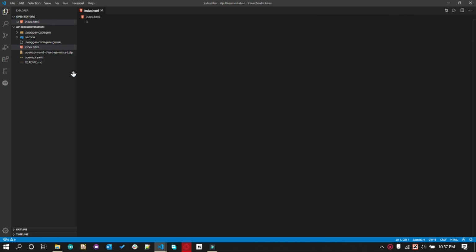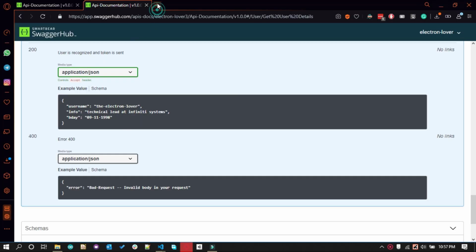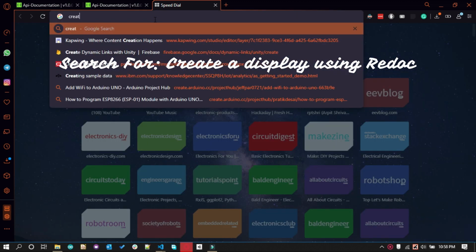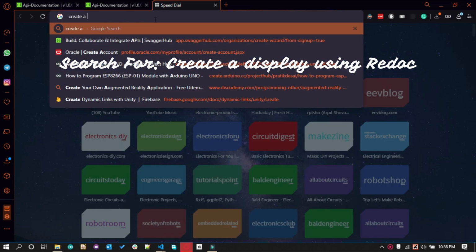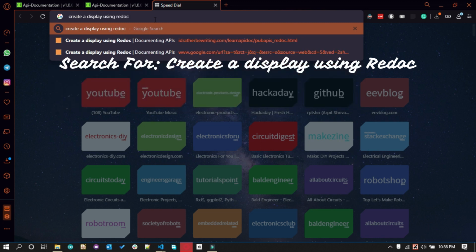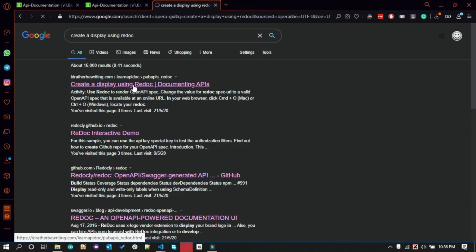So now we need HTML code for Redoc. So let's open our browser and search create display using Redoc and open this website.